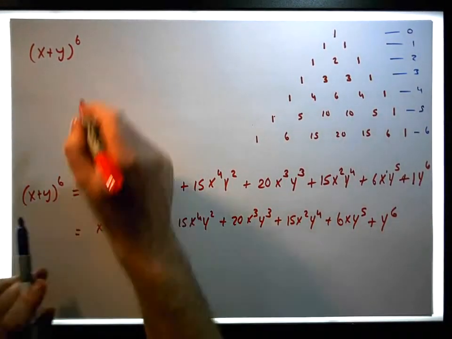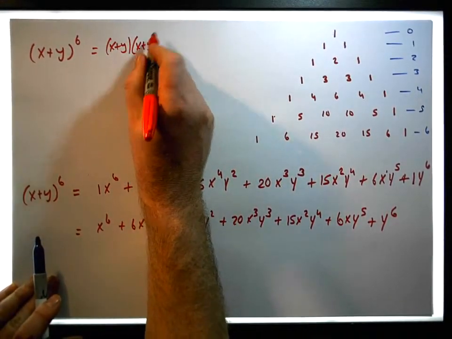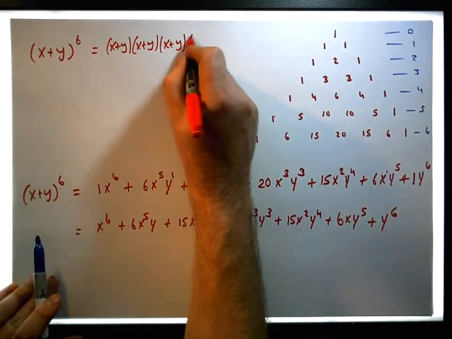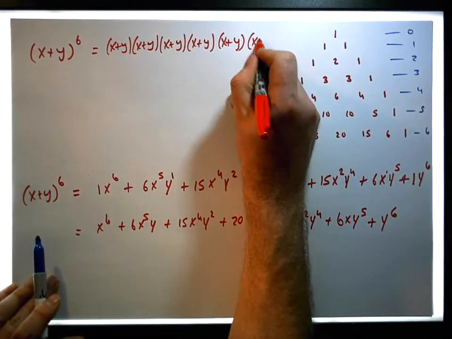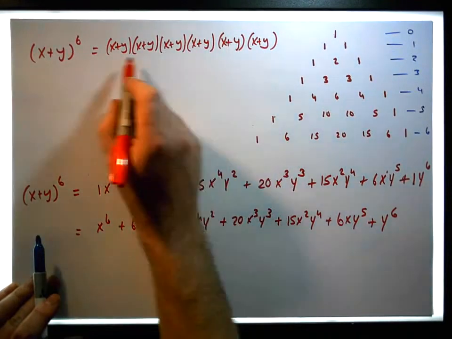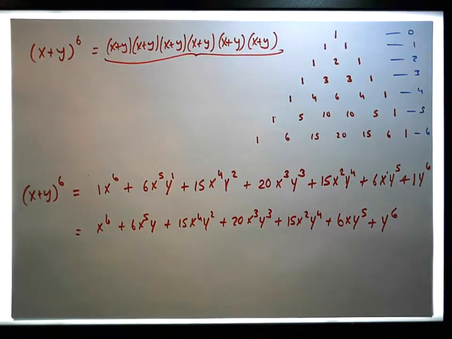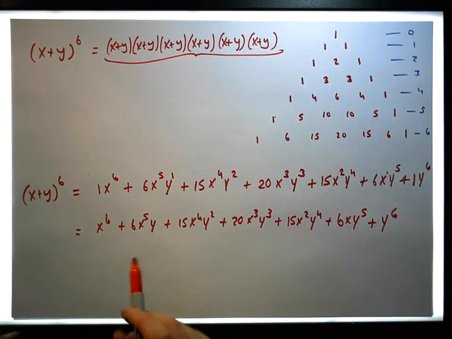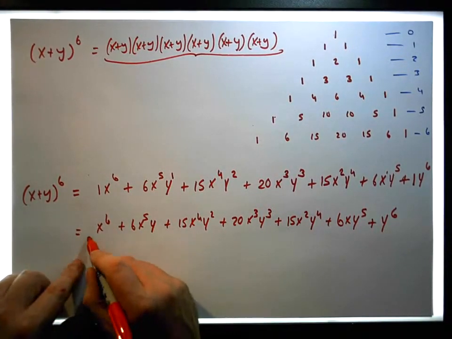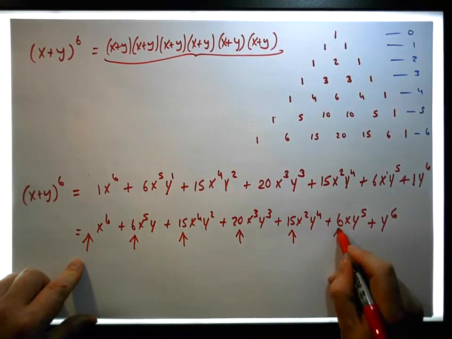Wow, imagine having to multiply this out as x plus y times x plus y times x plus y times x plus y times x plus y times x plus y. Imagine having to do this multiplication, yeah? It would take a fair bit of time to do. Okay, so just recall that these particular coefficients in the binomial expansion are basically just the list